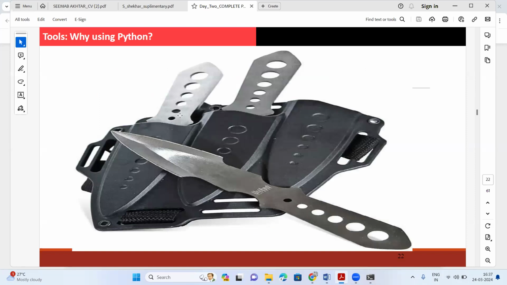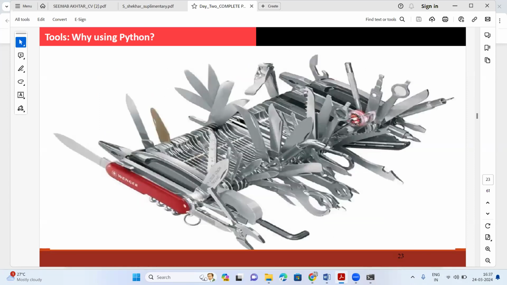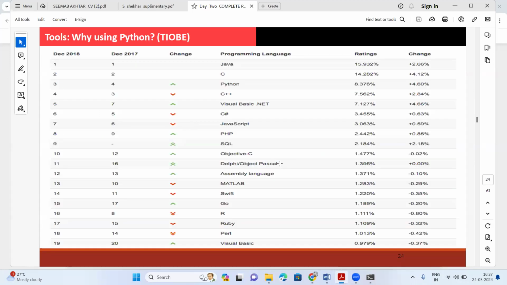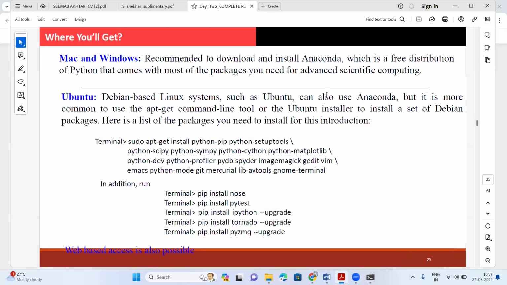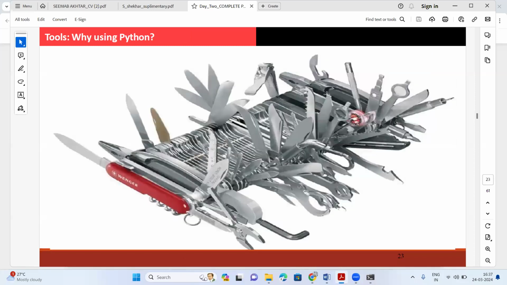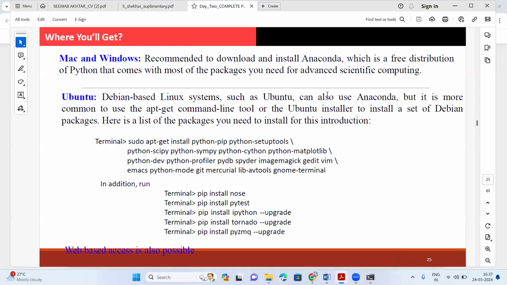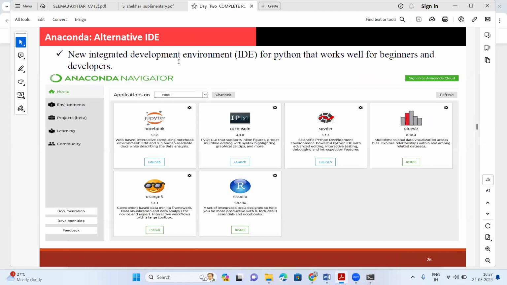This is the tool, just like a multi-tool knife, that you can use in Python. See how popular Python is. The rating is 8.376, and this is very old, December 2018. Now it has been number one. We have also seen the Anaconda Navigator features, in which we can launch Jupyter, IPython or Spyder